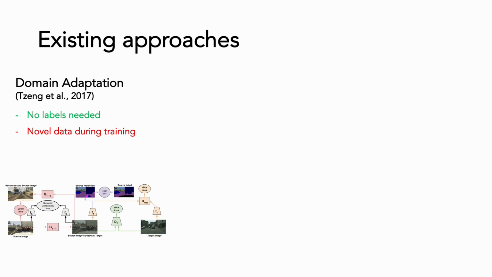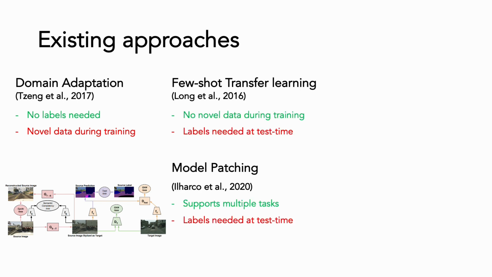There exist a variety of solutions that explore the same problem. More classical approaches, such as zero-shot domain adaptation, don't require labels for the novel data distribution. However, they require changes in the training protocol itself. More recent methods perform few-shot transfer learning to the novel data distribution. However, such methods require label information for the novel data. Similarly, model patching is able to generalize to multiple tasks at test time, but also requires labels for each support